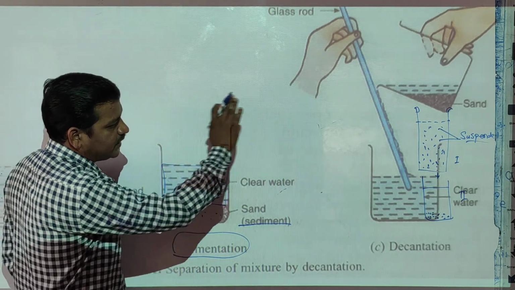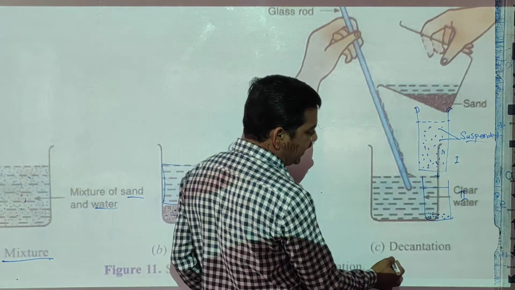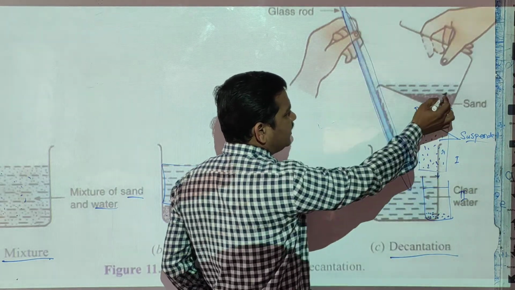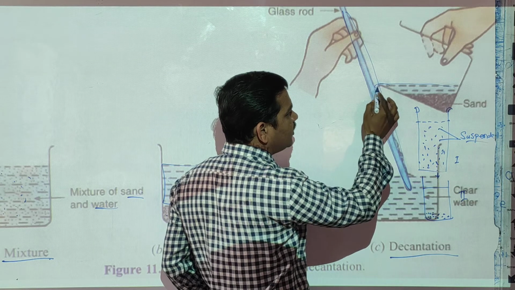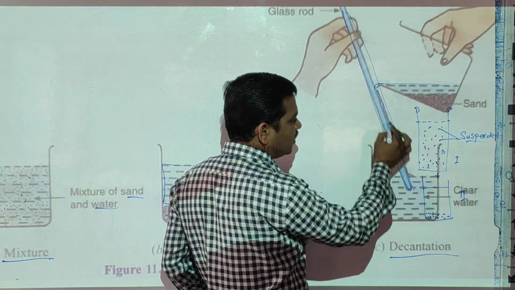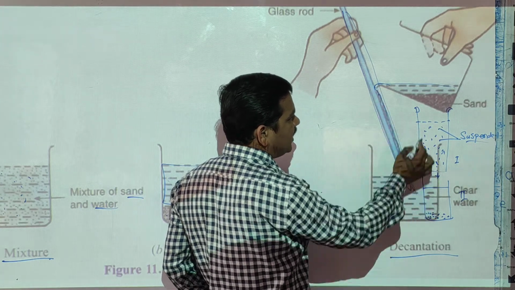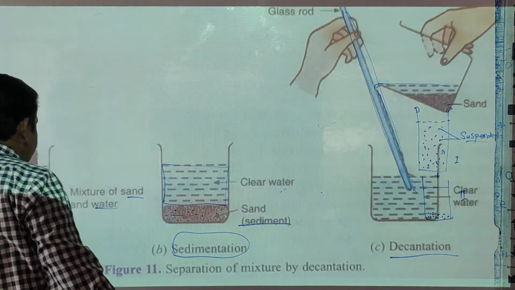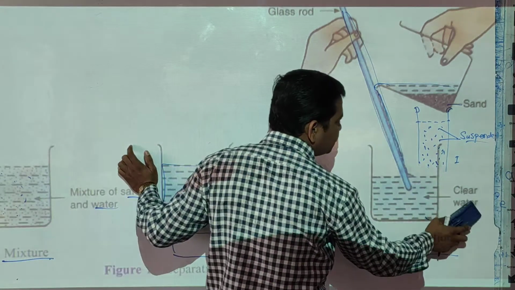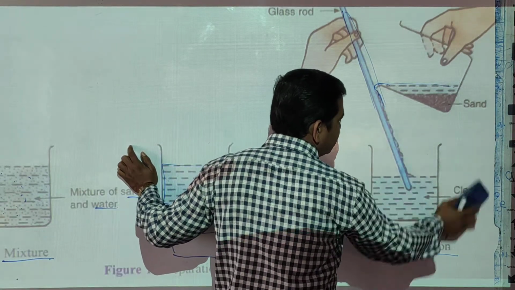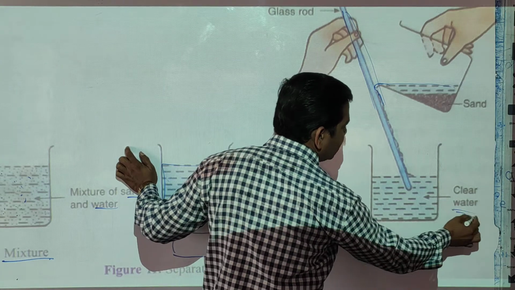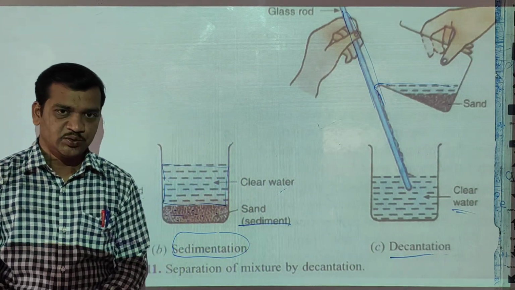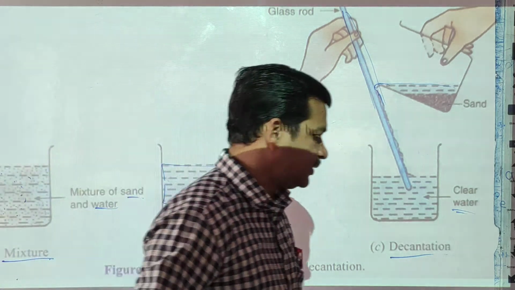Then this layer contains the clean water. This clean water we can remove with the help of the decantation method. You can see here, this is a glass rod. The top layer you can pour along the glass rod. The glass rod will allow only the water to pass and the sand particles remain here. So this is one process to remove the sand from the water, and we get clear water from the mixture by the process of decantation. Okay students, next method,